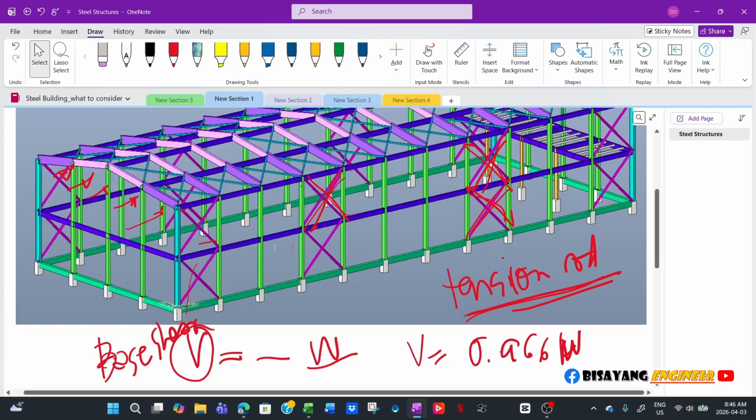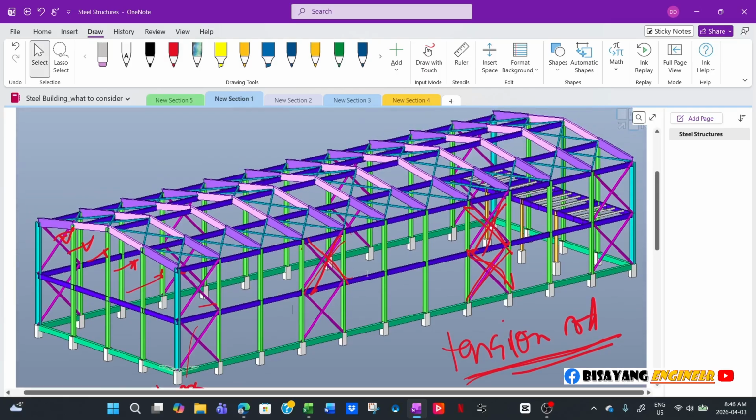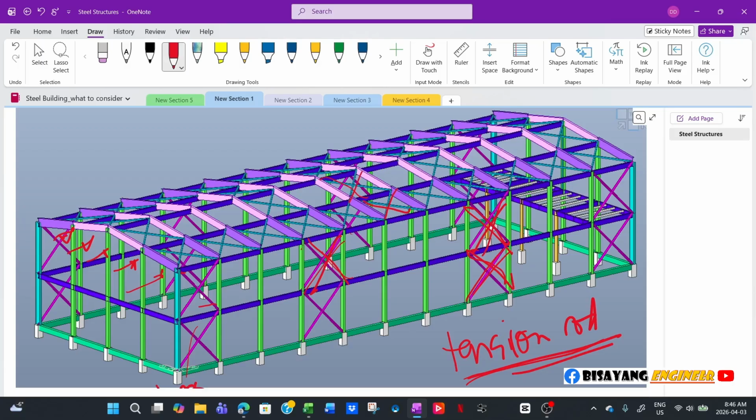Now, another consideration is, for example, this one here, he has a cross bracing here on the roof, but nothing in here, which is fine because once the force reaches this side, you can just transfer that to the bracing using a strut like this one here, the blue ones. But the most efficient framing would be if this is your braced bay for the roof, then that should also be your braced bay for the